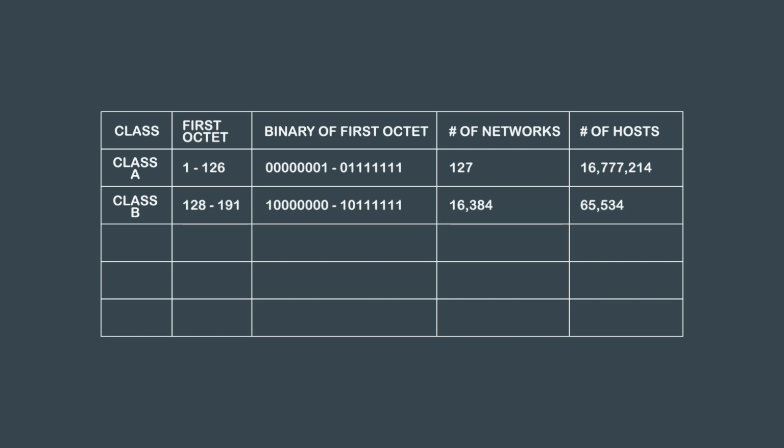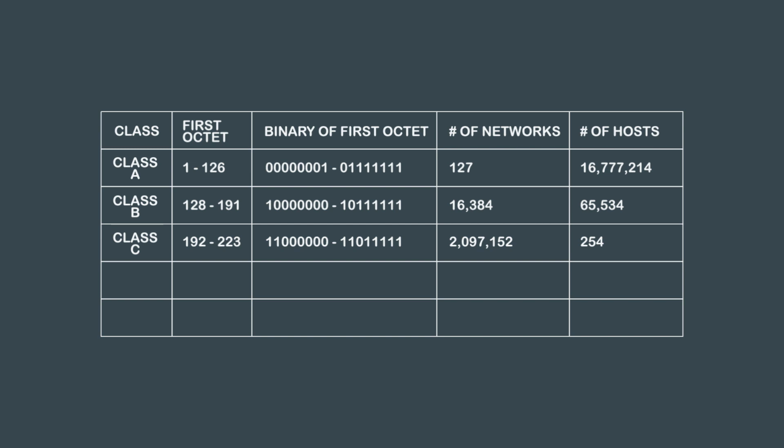128.0.0.0 to 191.255.255.255, supporting 16,384 networks, each with a total of 65,534 separate hosts. A Class C network has a range of